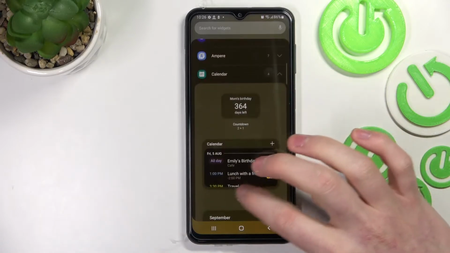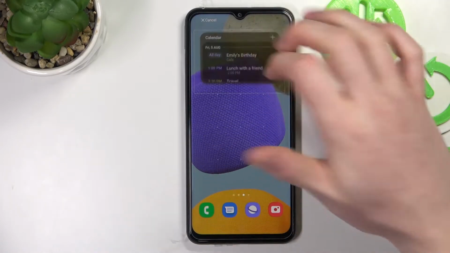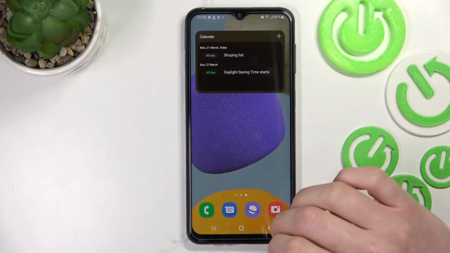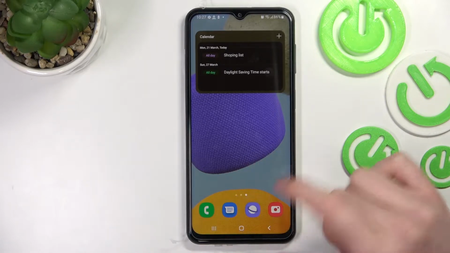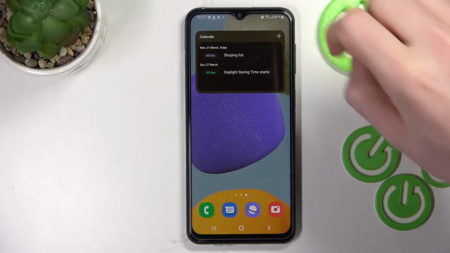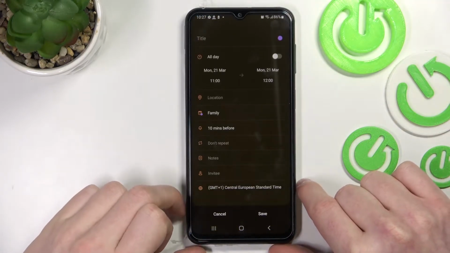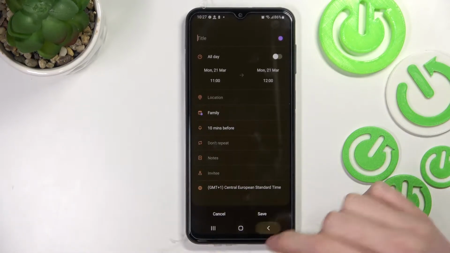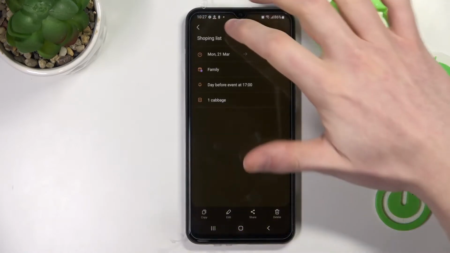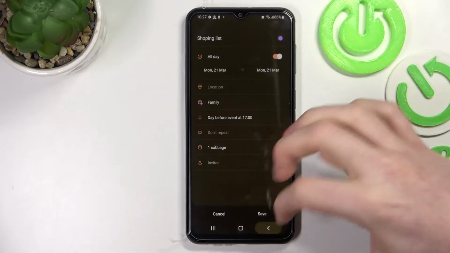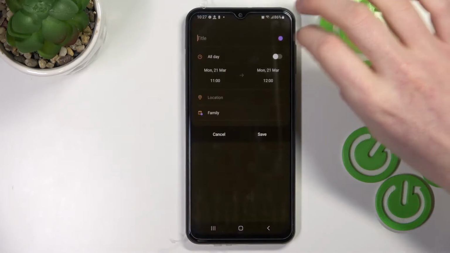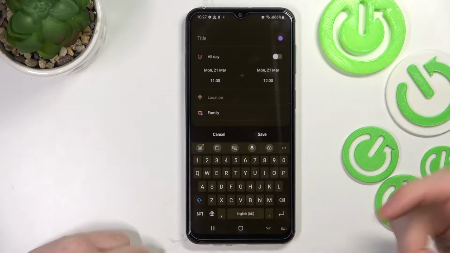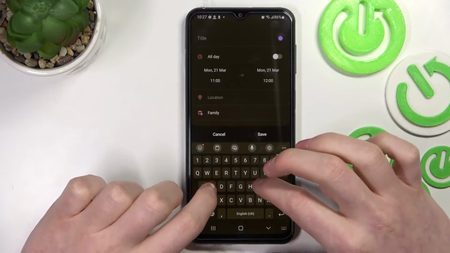So let's add the option 4x2 and put it somewhere on our screen, just like that. And what you can do with calendar, you can of course see the current day, current month and the day of the month, and you can add the notes or notifications to yourself to remember in a certain days or anything like that. So for example, I already had the shopping list here, and let's actually create the new one, shall we? So yeah, let's create new shopping list for today. For example, I want to buy tomatoes, so let's create shopping